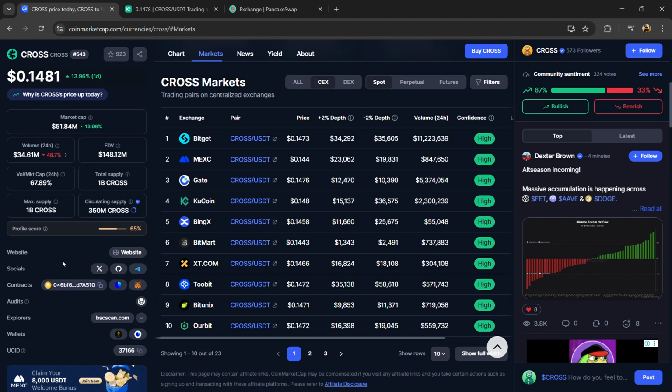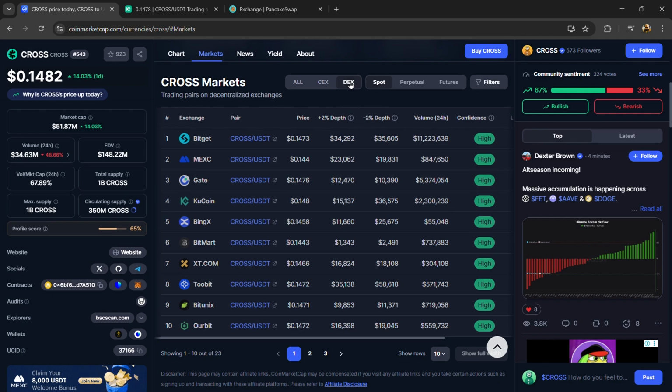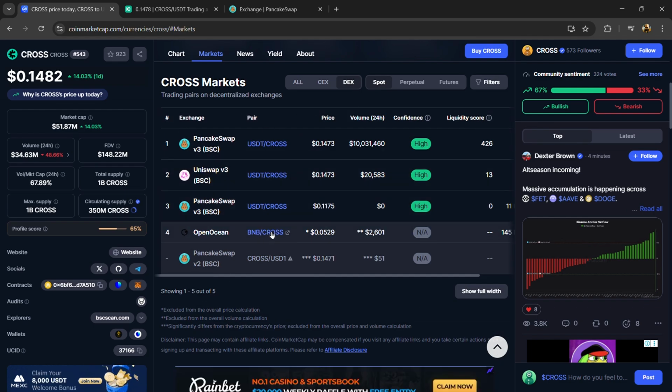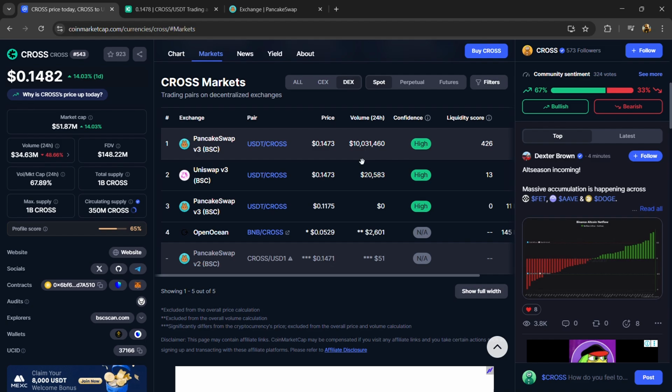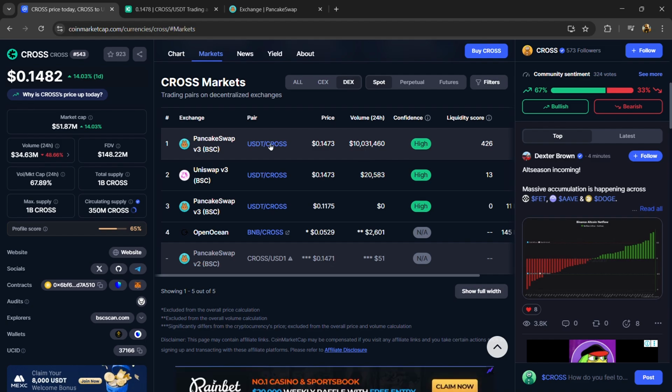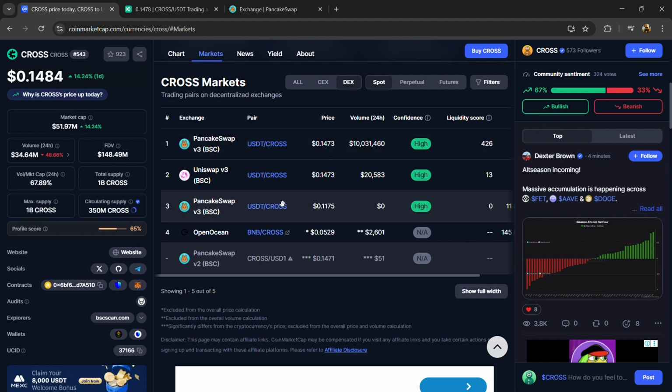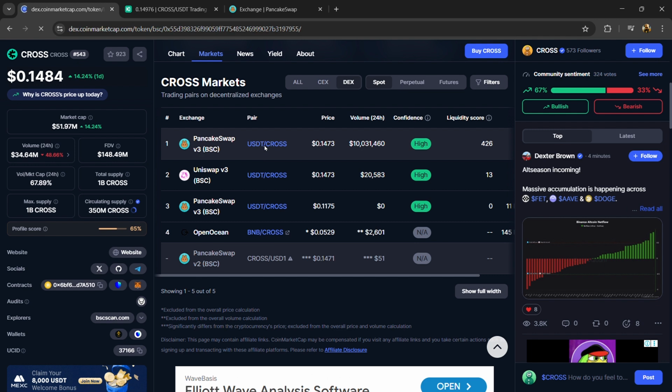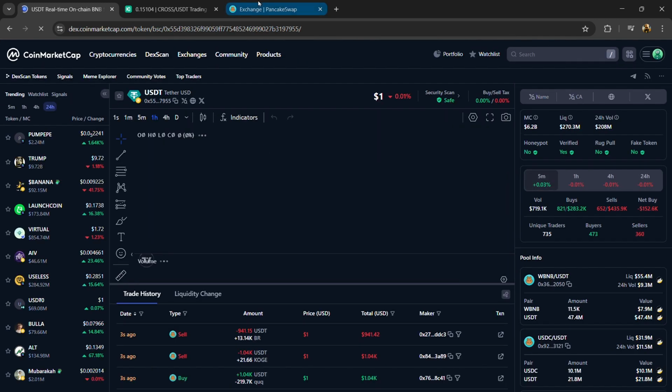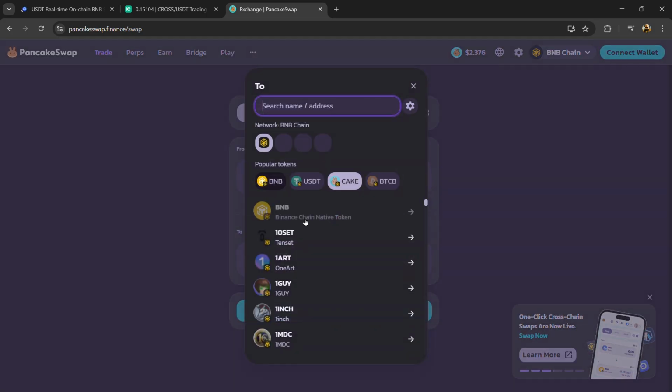So if you want to buy and sell this token on decentralized exchanges, then click on DEX. Here you can buy and sell this token on different decentralized exchanges. Now I will buy and sell this token on this decentralized exchange. Then click on this pair. Now you have to open the PancakeSwap exchange